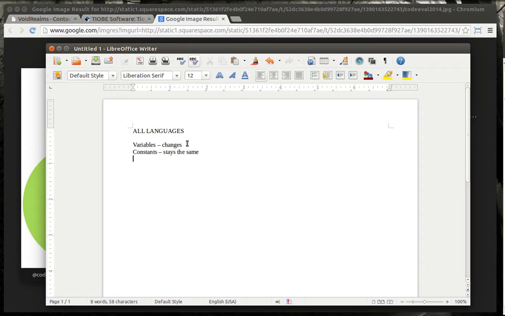And then they have operators. Operators are like what you actually do with a variable or constant. For example, you can add it, you can minus it, you can say is it less than, is it greater than. You can AND it, which is a memory function. You can OR it, which is a memory function, etc., etc. So you're going to do something with the variables and constants.